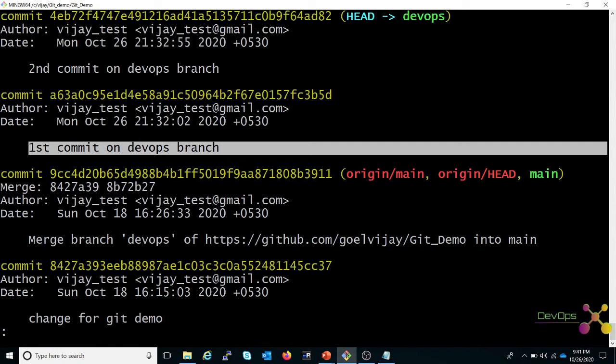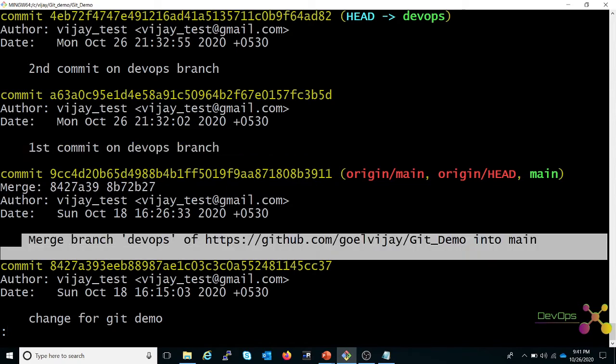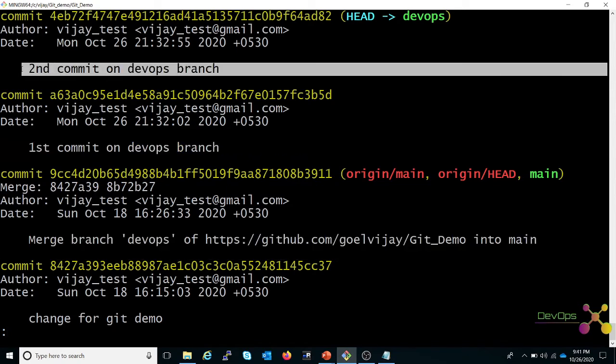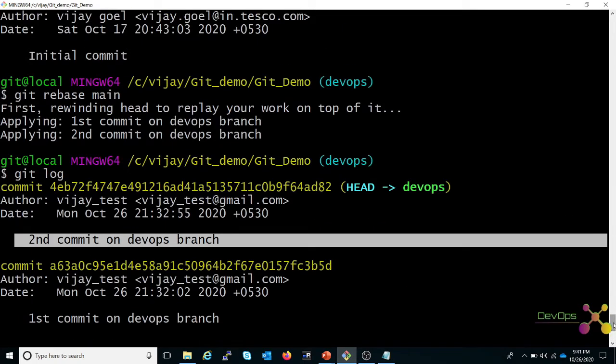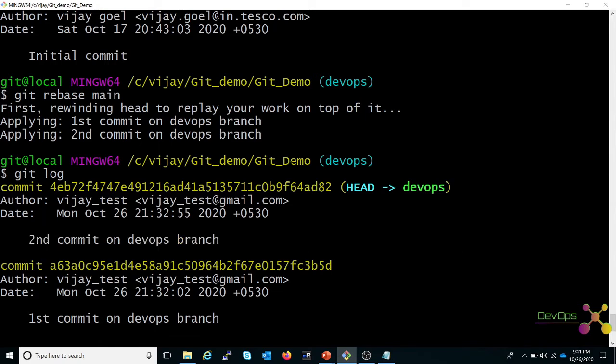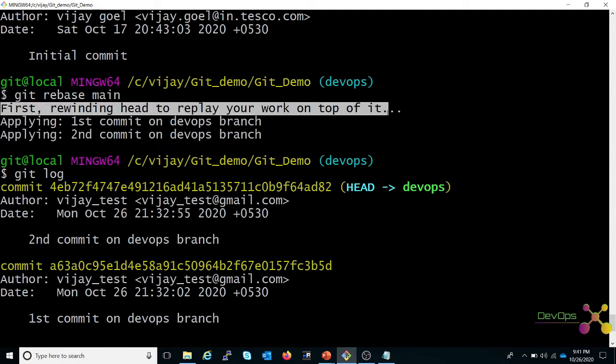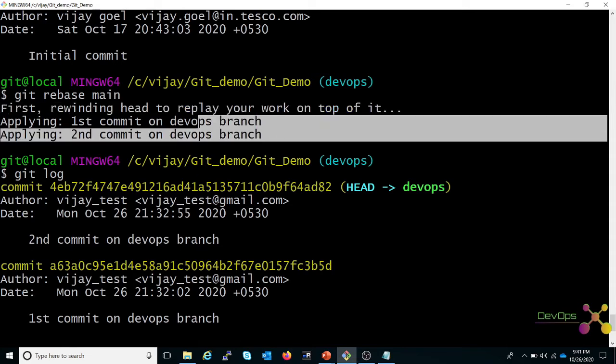You can see it has created first this, and on top of that it has replayed, just like record playing of the commits. It does not disturb the commit history, so that you can easily see what is being changed, what is being tracked on the main branch. You can see, first rewinding head to replay your work on top of it, right?